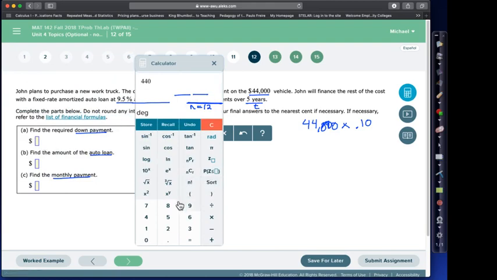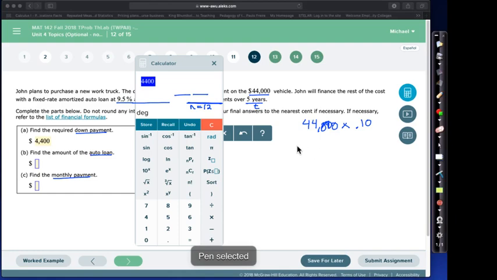Oh, so what did I do? I messed up there. 44,000, I was missing a zero. It's not right. 44, 1, 2, 3 times 0.1, 4,400. That sounds more like it. 4,400. Now while I'm at it, write that here. So the down payment is